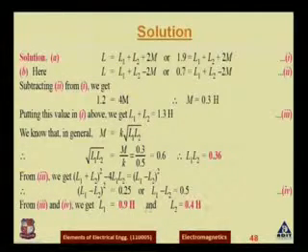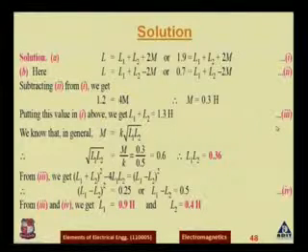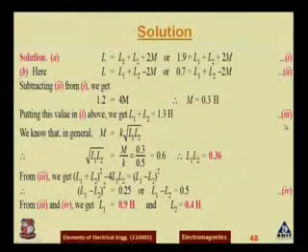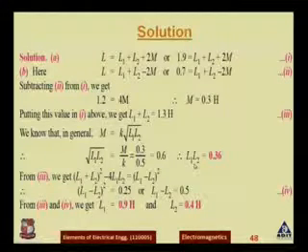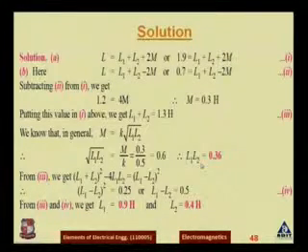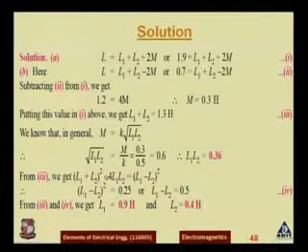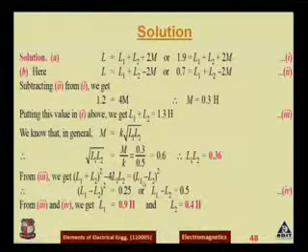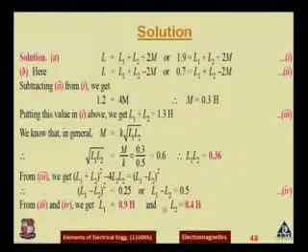Now from the third equation, L1 plus L2 is equal to 1.3 Henry. Here we are having a product of these, so we want to separate it out. To separate it out, from the third equation we can use L1 plus L2 square minus 4 L1 L2 is equal to L1 minus L2 square. So we will get the individual values of L1 and L2. As they are connected in series, the value of L1 is equal to 0.9 Henry and L2 is equal to 0.4 Henry.